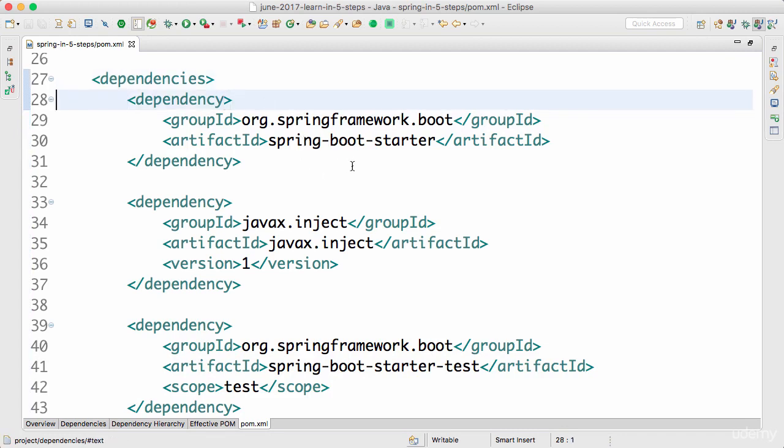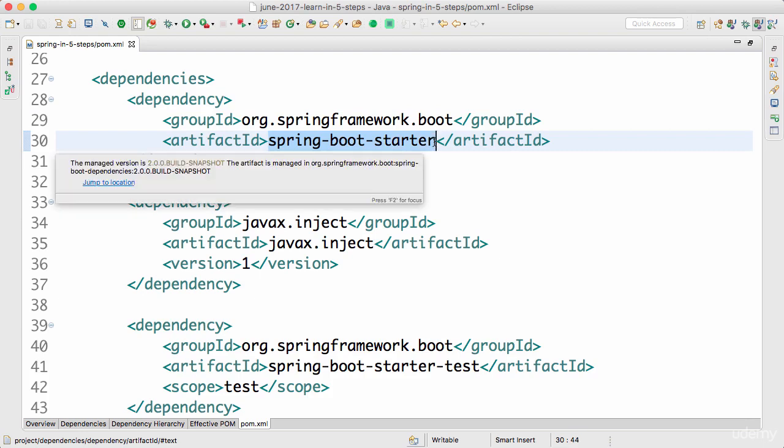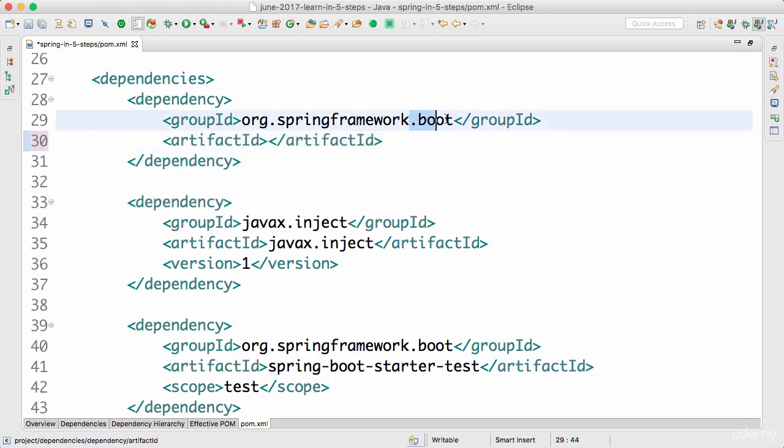So the Spring Boot Starter is the dependency which starts bringing in all the Spring Boot functionality. I don't want to use Spring Boot functionality, so I'll start with step by step getting rid of it. So the first thing I'll start with is removing this specific thing. So I'm removing that dependency org.springframework, and now I'm actually changing the artifact ID to the base one of